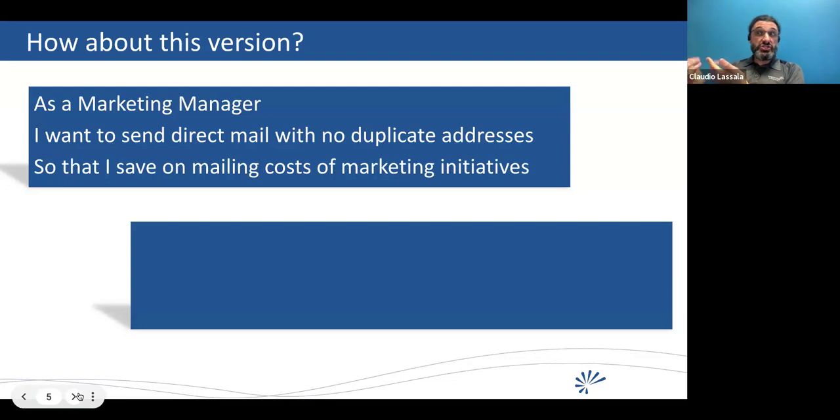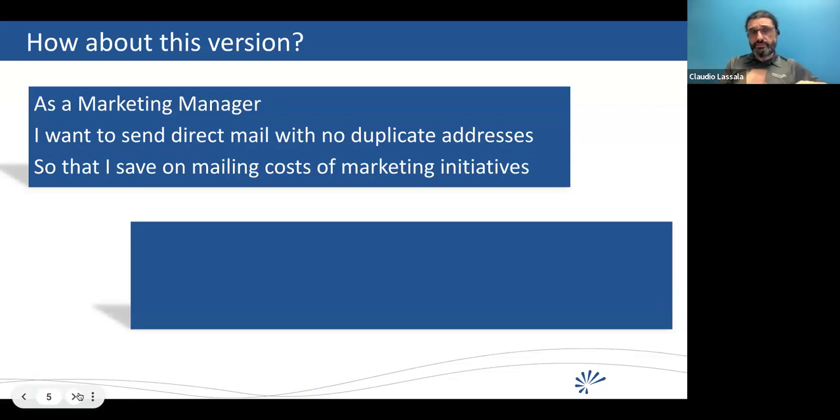Maybe if that's a situation, yeah, you do want to have multiple letters going out. For this case here, for the marketing initiative, they decided, no, we don't want that. We want to send only one. And that way we can also save on mailing costs. So that makes a lot more sense, right? It actually promotes conversation with people who are involved in trying to solve that problem, to a business, to